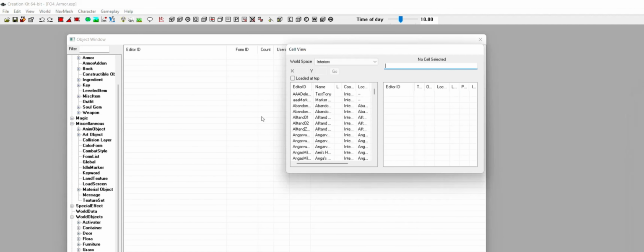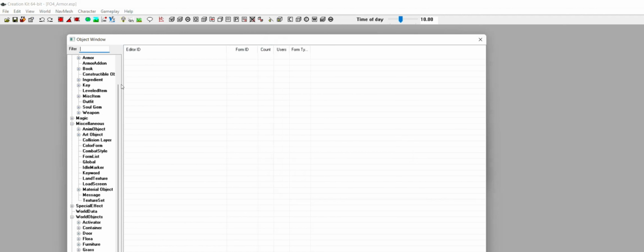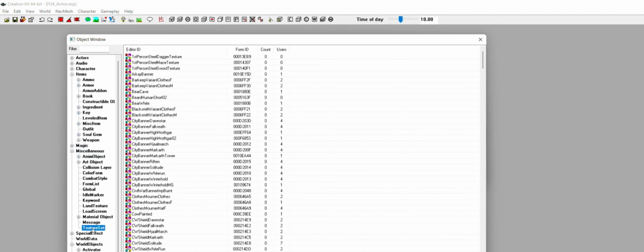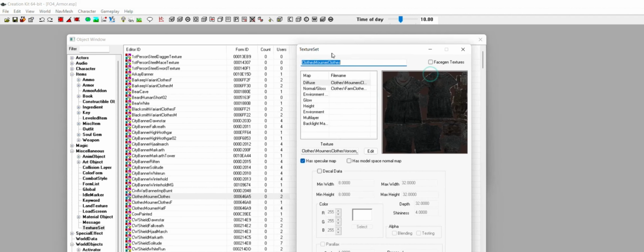So here we are going to have 3 steps. The first step will be in miscellaneous, then find a texture set. Take any texture you like, double click to open it. I'm going to take this one for example.